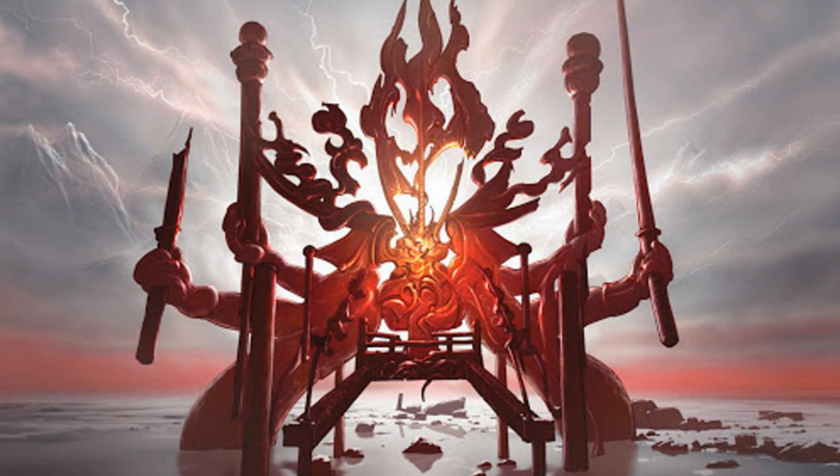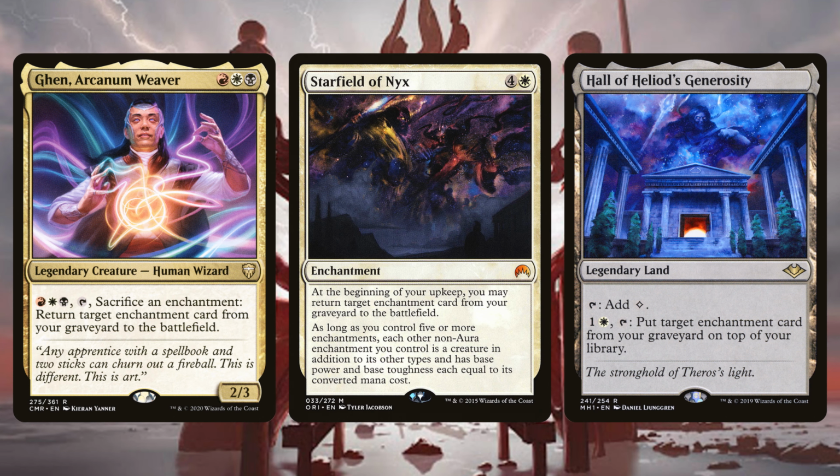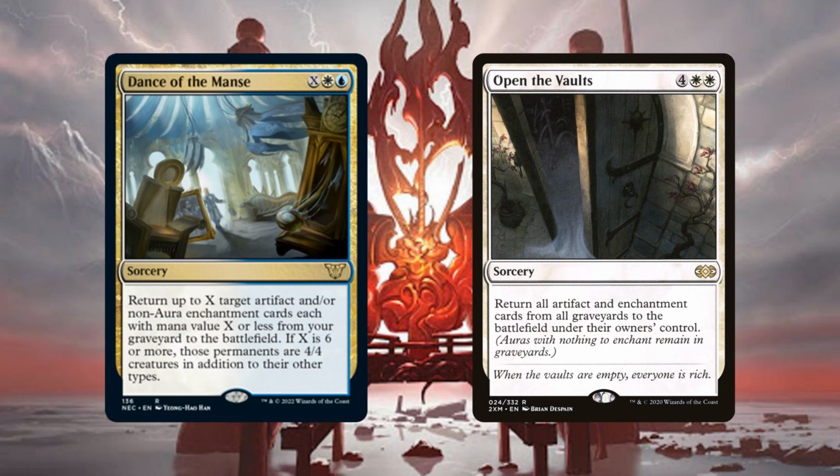Of course, that Wooburg cost is pretty steep, so I've also included, again, Arcanum Weaver, Starfield of Nyx, and Hall of Heliod's Generosity to help return even more enchantments from our grave. We can even use Dance of the Manse or Open the Vaults to mass return our enchantments to play for